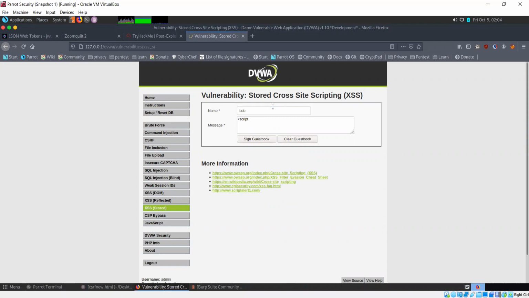Let's see if this works this time. In this case, it's not going to work. Let's try another payload.